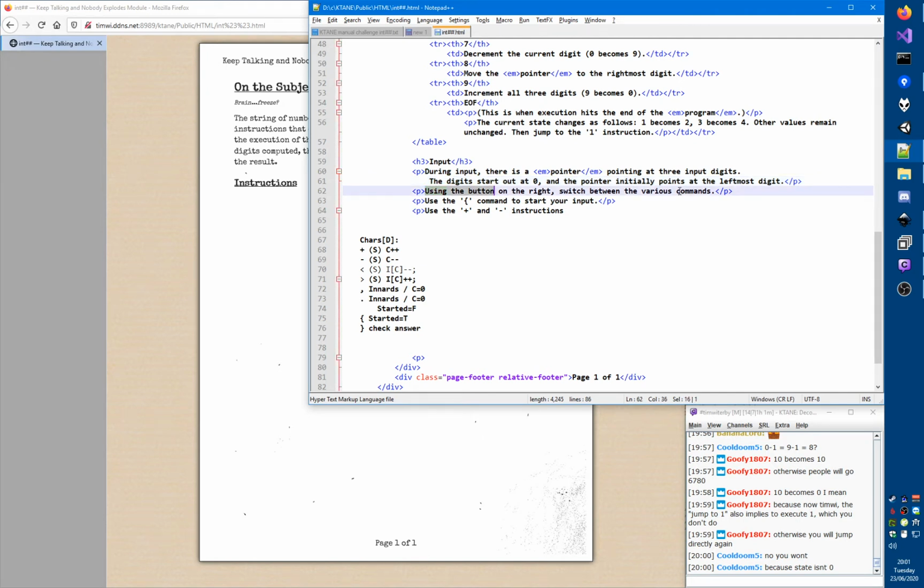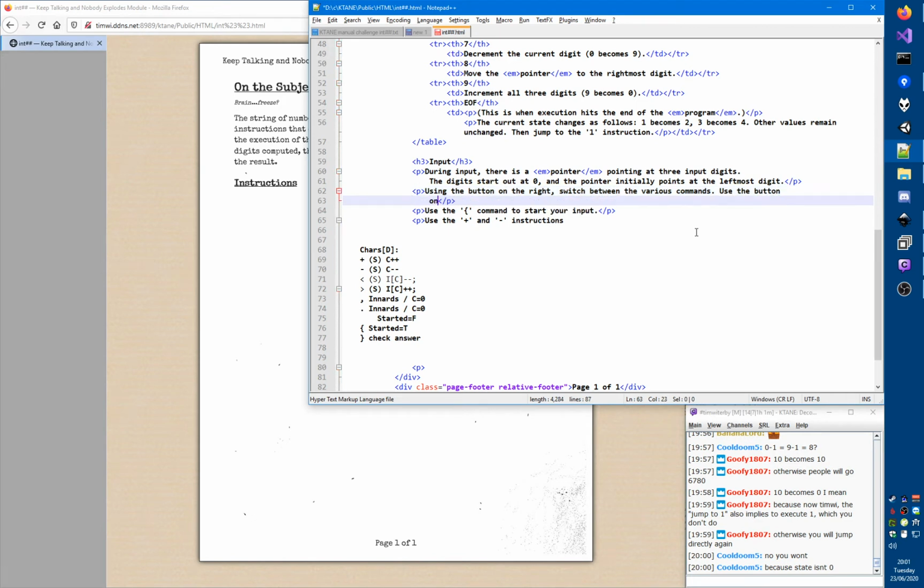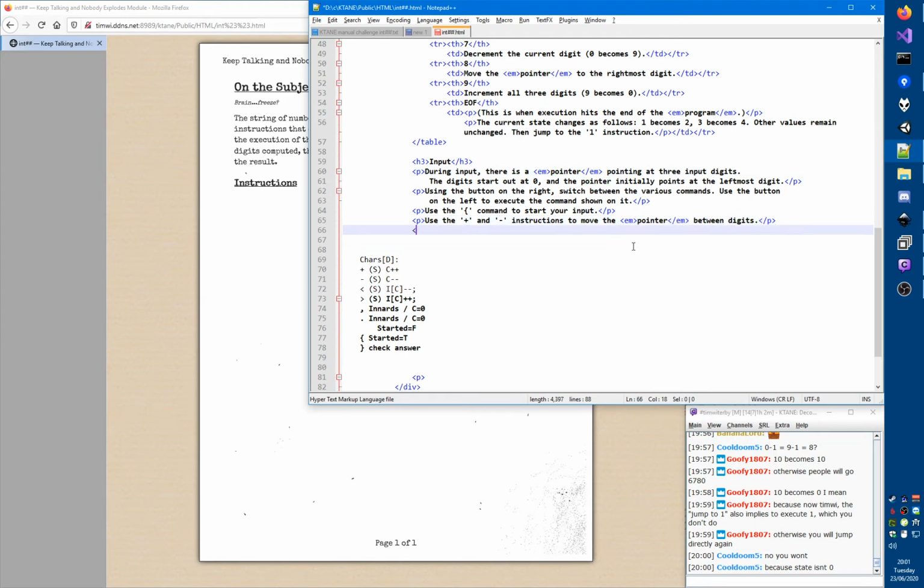Using the button on the right, switch between the various commands. Use the button on the left to execute the command shown on it. Use the open curly command to start your input. Use the plus and minus instructions to move the pointer between digits. Okay, so again, I'm going to underline that, and then use the less than and greater than instructions to increment or decrement the current digit